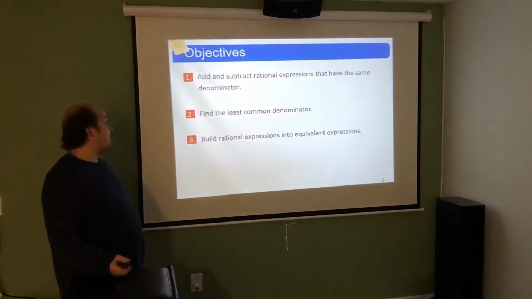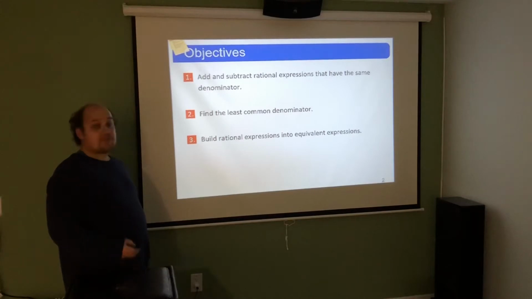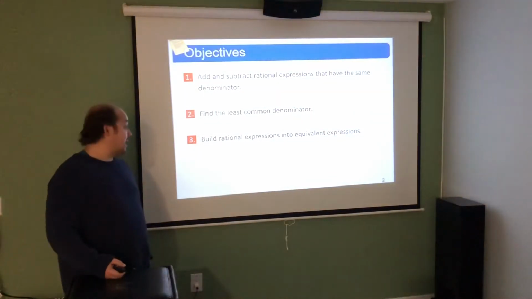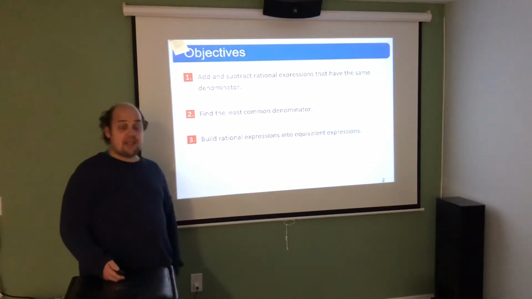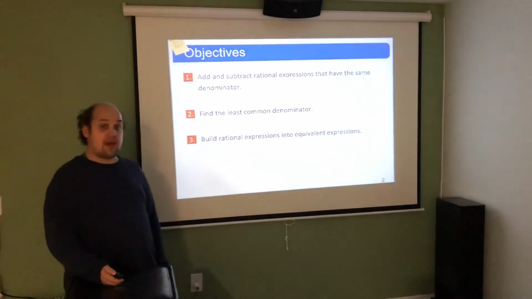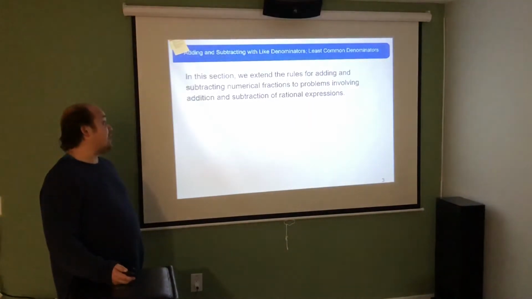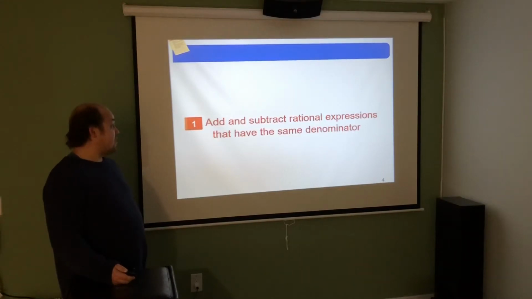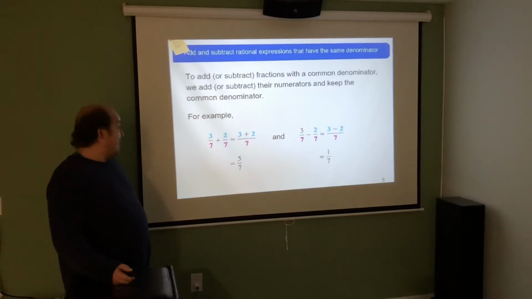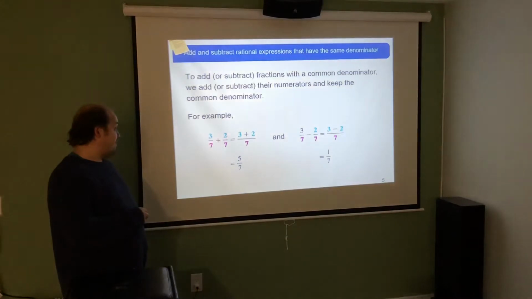So we're going to figure out how to add and subtract rational expressions with the same denominator, how to find the least common denominator, and how to build rational expressions into equivalent expressions that use that least common denominator. In this section, we extend the rules for adding and subtracting numerical fractions to problems involving addition and subtraction of rational expressions. So, if we had just regular fractions with the same denominator, like 3 over 7 plus 2 over